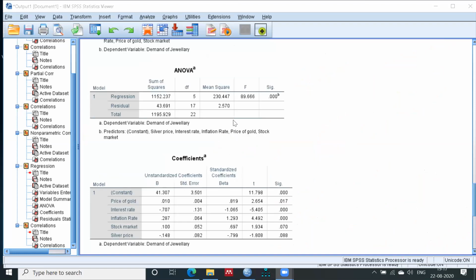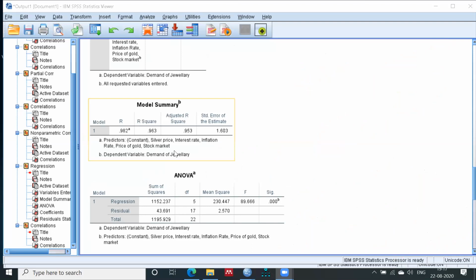Because a regression has been calculated, in this model summary, this is my regression analysis, right? In this model summary, you can see my R square is 0.96, and R is 0.98, right? So this could be your multiple correlation.